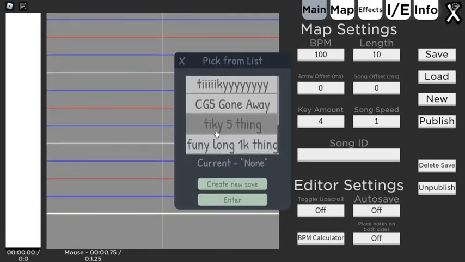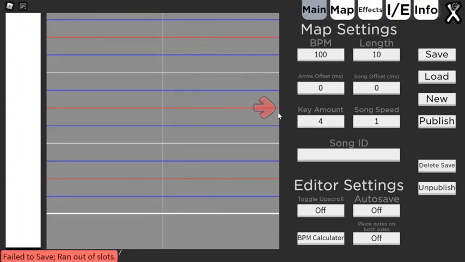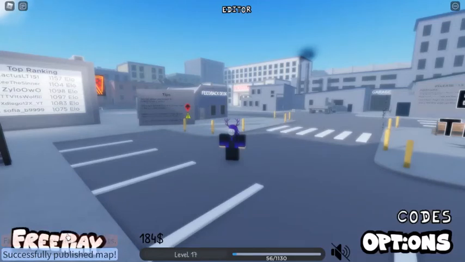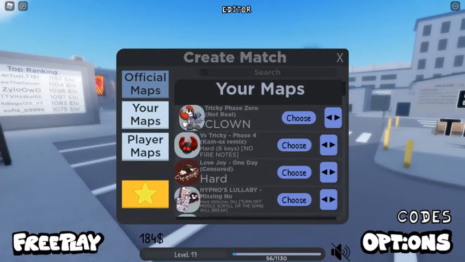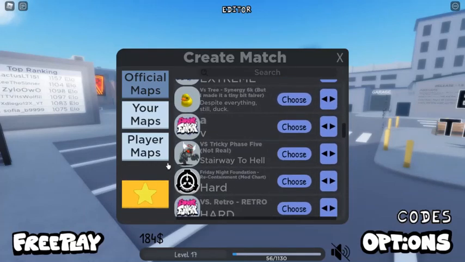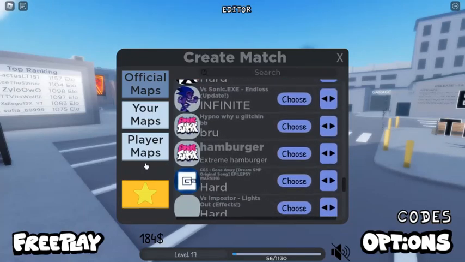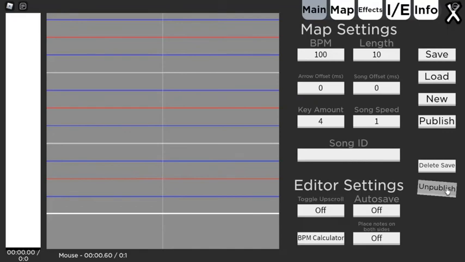If you're out of saves, like how I am, click create new save, set it to anything you want, and then save it. It'll say failed to save, ran out of slots, but if you ever want to unpublish it, so if we go to my songs here, where is the one that's called Hamburger? There we go. So if you ever want to unpublish it, you go to load in editor, click on unpublish,